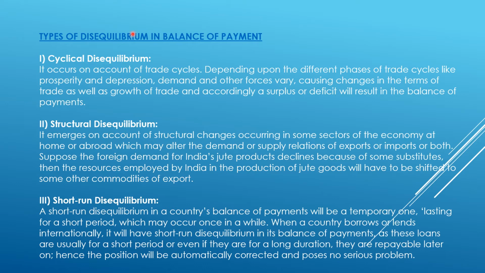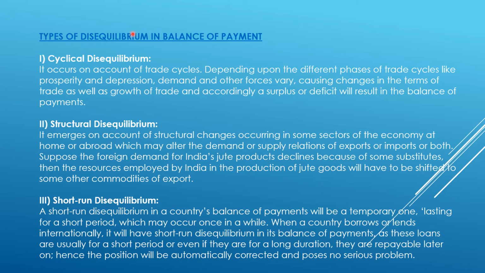Usually the deficit or surplus in BOP occurs due to current account transactions. So these transactions are done with the motive of profit maximization. That you always need to remember, that deficiency or surplus in balance of payment occurs only due to current account transactions. We already know what is current account and what type of transactions come under current account. So the motive of those transactions is to make the profit.